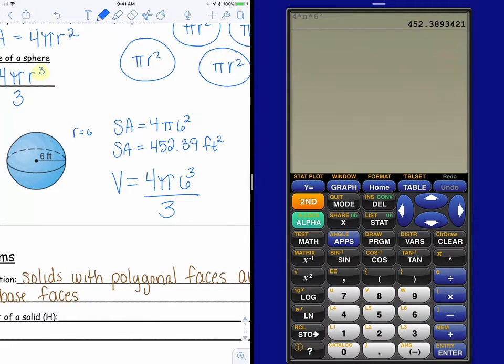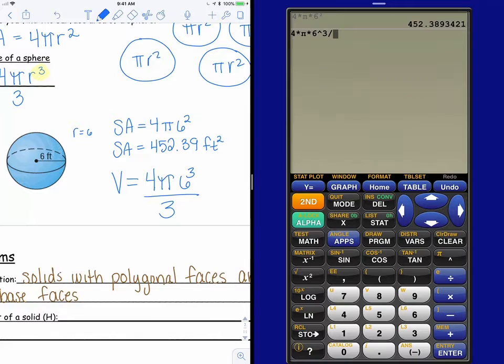So in my calculator, I'll do 4 times second pi times 6. Now if I want to do cubed, it's the same button as the pi button, but you don't press the second first. We call that the caret button. So you do this little caret, and that lets you put any exponent in there. A 4th power, a 1/2 power, whatever power. So I'll put it to the 3rd power,